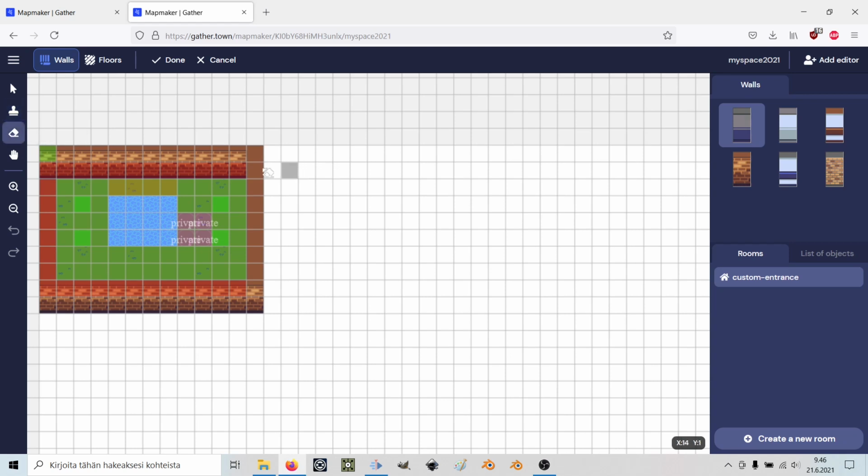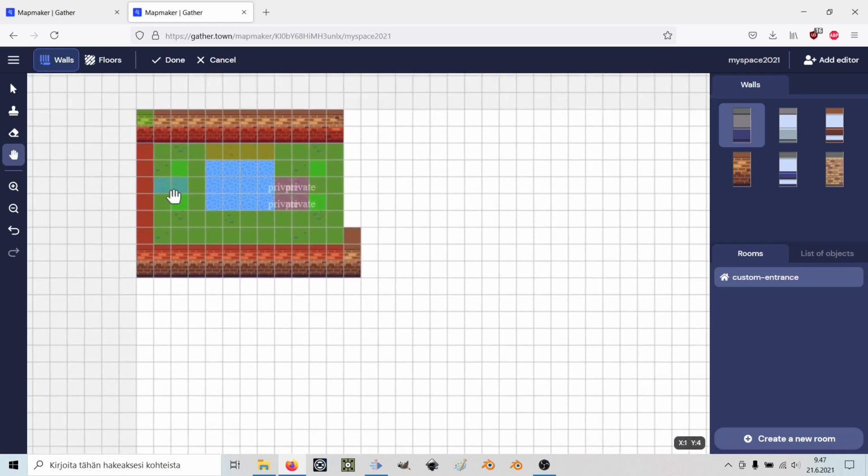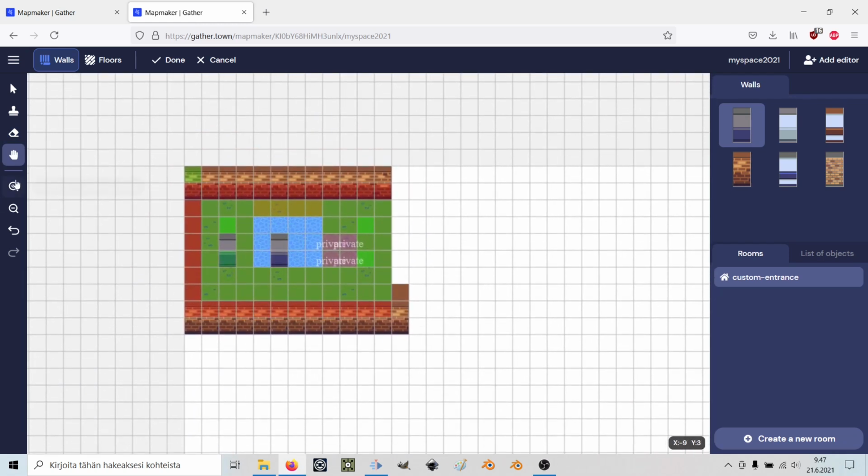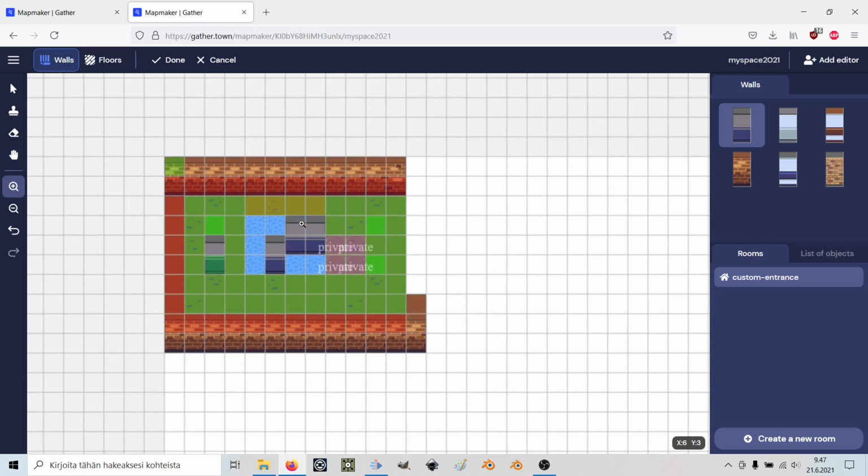And then we got the eraser. You can erase tiles. I could erase these walls here. Then you got the hand tool. You can move around using the hand, and then you can just zoom in and out